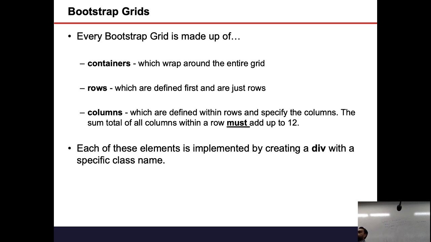Can I have more than 12 rows? No. Is that the question? Can you have more than 12 rows? Yeah. Rows doesn't have a number. So how does it look? This is my container. I have rows. I can have as many rows as I want. But I have 12 columns available, column number 1 to 12.